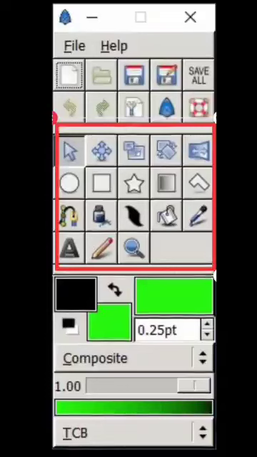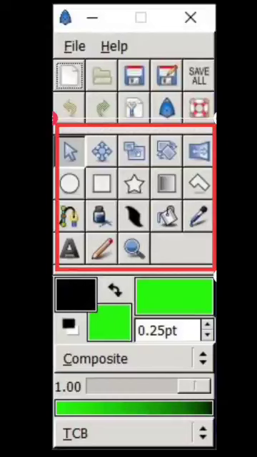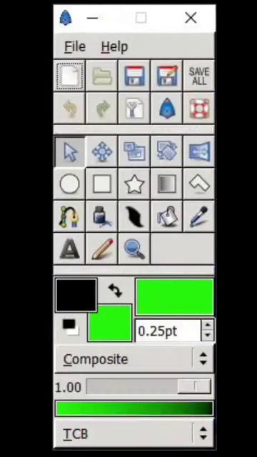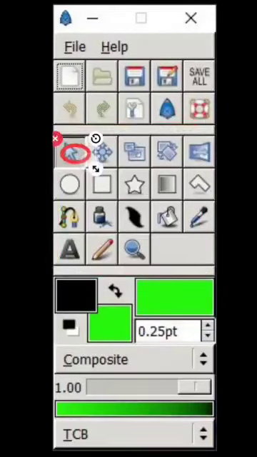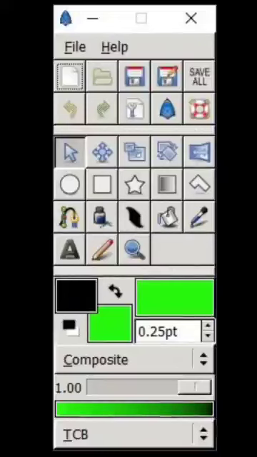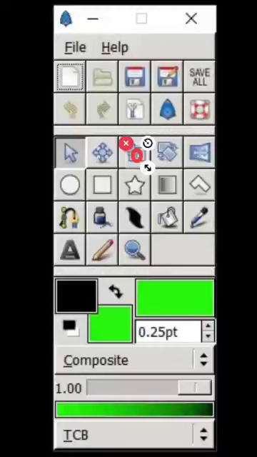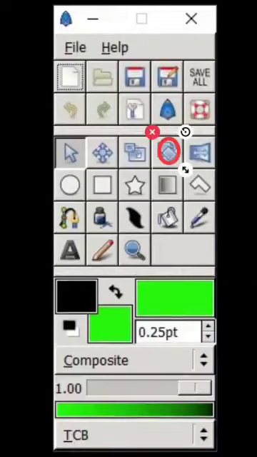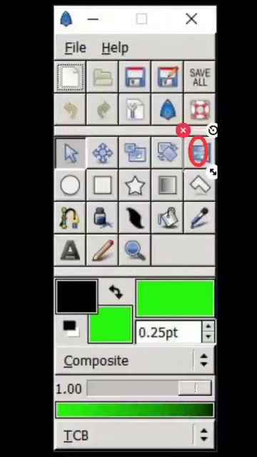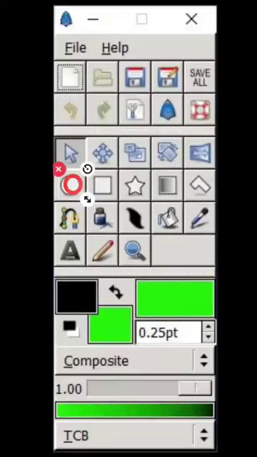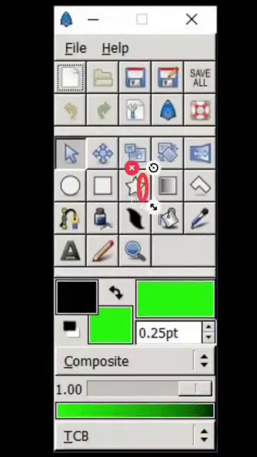This is the middle palette. The middle palette consists of tools. It is useful for creating and manipulating objects. And it has 18 tools. The first one is transform tool, smooth move tool, scale tool, rotate tool, mirror tool, circle tool, rectangle tool, star tool,